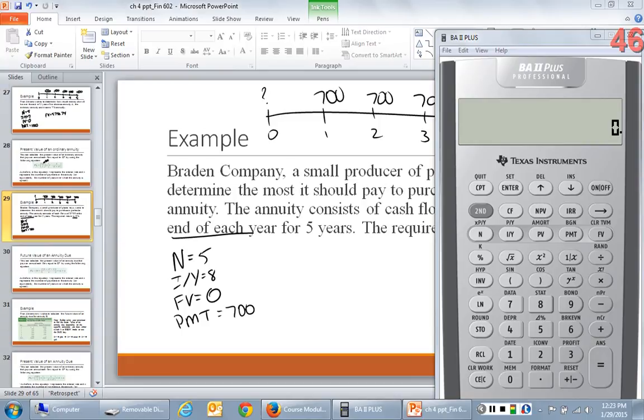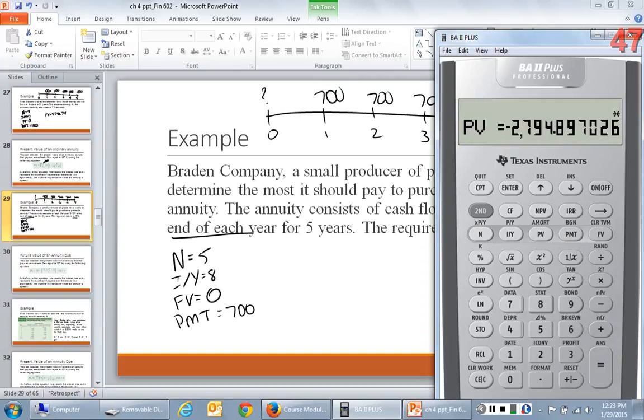The first step here is to clear the time value of money. So N is 5. The interest rate is 8. The future value is 0. And the payment is $700. So we compute the present value. And you get